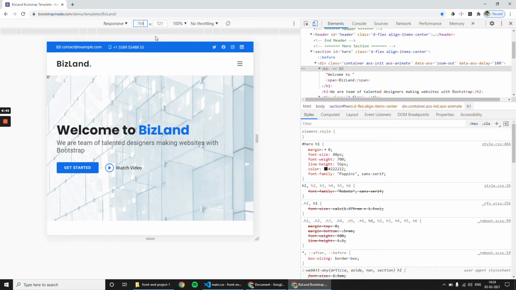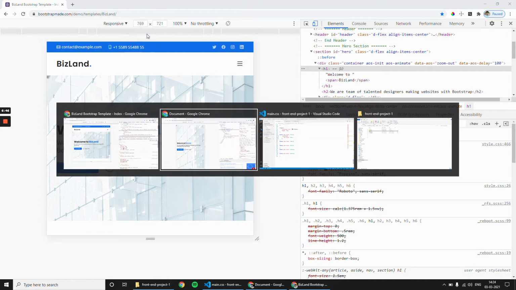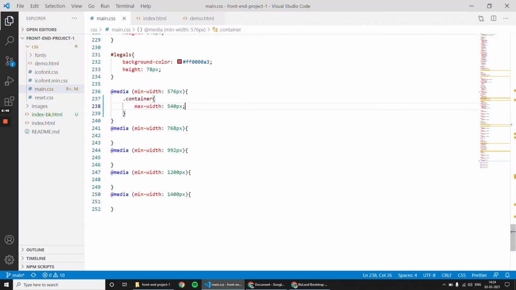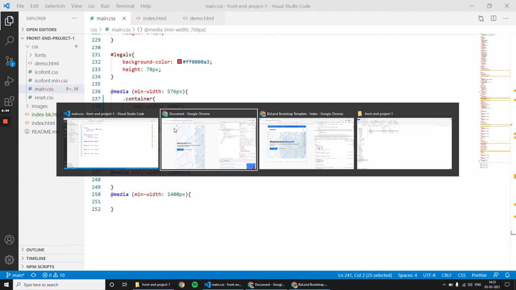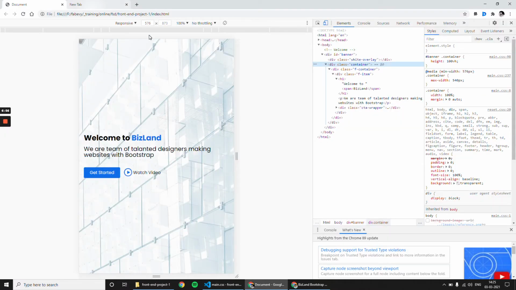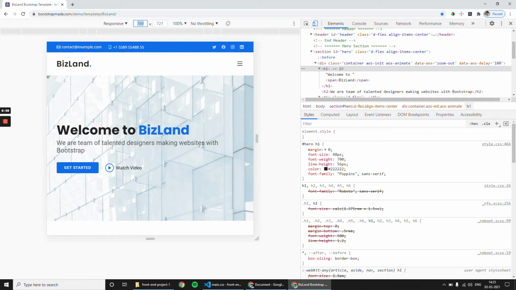So to take reference values for 768 breakpoint, you keep 769 as the value. I will explain in the end of this responsive website project, then only you can understand that easily. Now you can check the values.